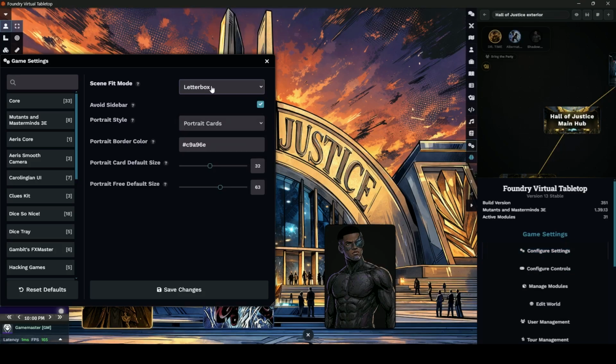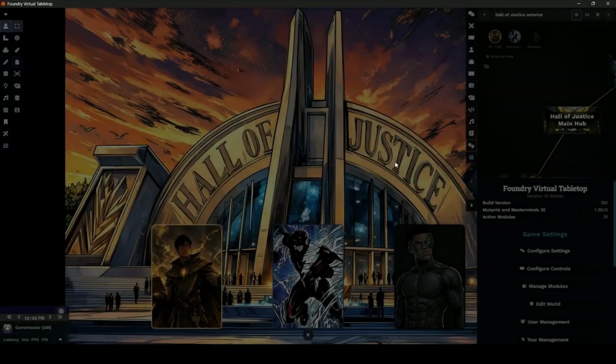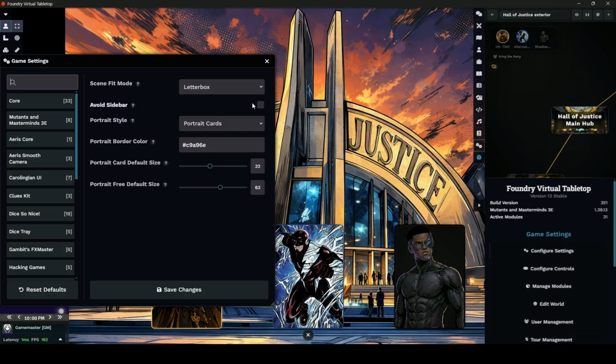If you click on little box, which I like, again, but turn off avoid sidebar this time, you will see that it does not react to the sidebar at all. I'll turn it on again, and now show you another option called Portrait Styles. If you choose the Portrait Freestyle,